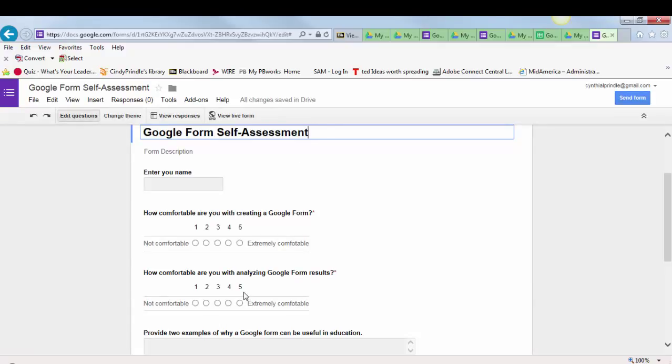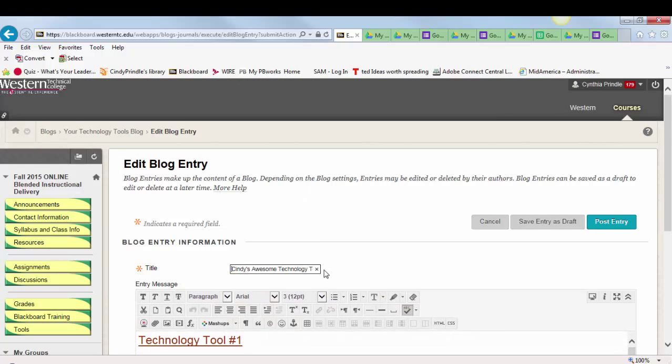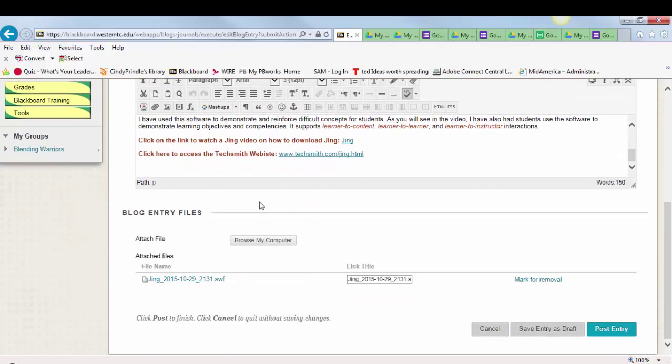So the next thing I'm going to do is go to our Blackboard site, and I'm going to paste that link as a hyperlink. So I'm going to go back to Blackboard. Okay, I'm going to open up my draft of my blog. I'm going to go down to my second technology tool. And as an example, I'll format the text later here, to access a self-assessment on Google Forms. Okay, so